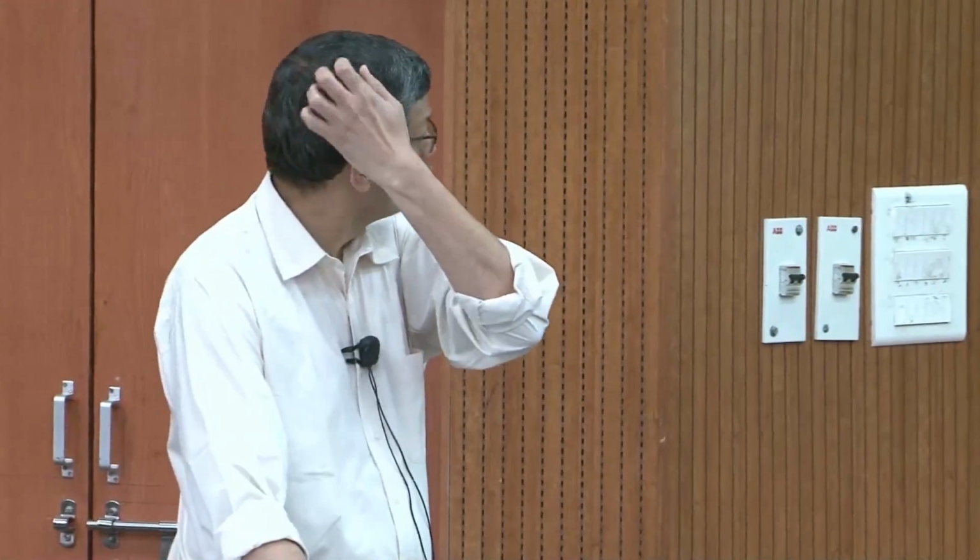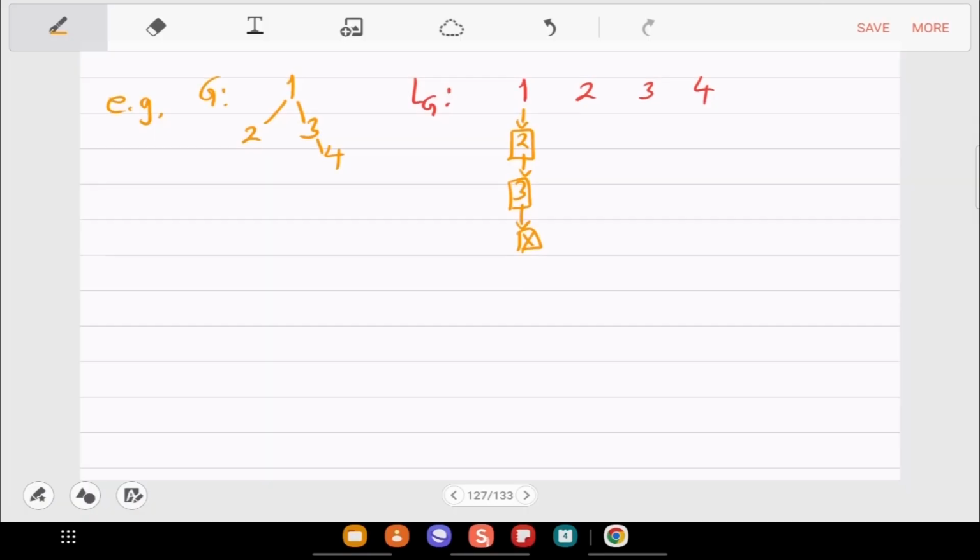And then a null. So 1 points to 2, 2 points to 3, and 3 points to null. Note that again, the order of 2, 3 is not important here. You can implement whatever you want, 2, 3 or 3, 2. What is important is the size of the list or the elements of the list of 1. Okay, because you want them to be exactly the neighbors.